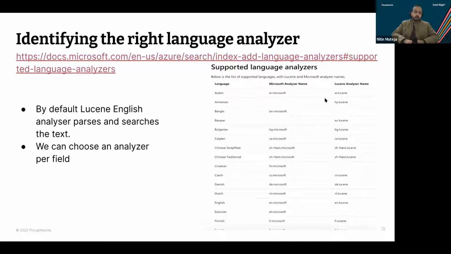The Lucene language analyzer splits the data on the basis of spaces, tabs, and commas, whereas Microsoft Analyzer provides you more rich features. If you have properties such as SQL_server, Lucene Analyzer only provides you SQL_server as the term, whereas Microsoft Analyzer also splits on underscores. So Microsoft Analyzer provides you more rich tokens as compared to Lucene Analyzer,